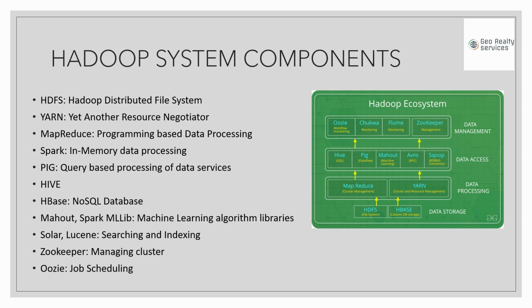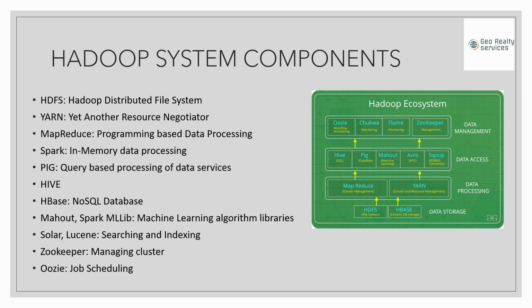MapReduce: programming-based data processing by making use of distributed and parallel algorithms. MapReduce makes it possible to carry over the processing logic and helps to write applications which transform big data sets into manageable ones. Spark: in-memory data processing. It is a platform that handles all the process-consumptive tasks like batch processing,